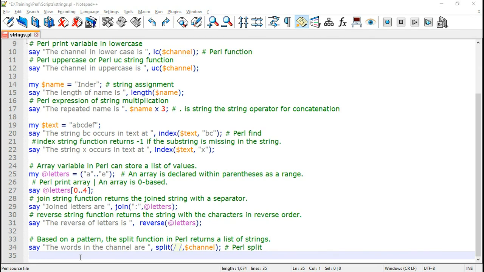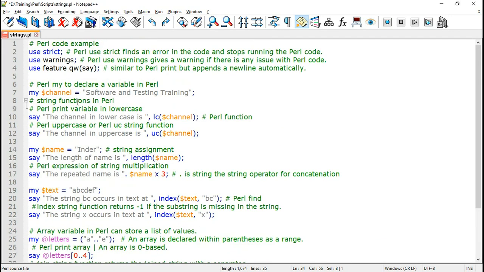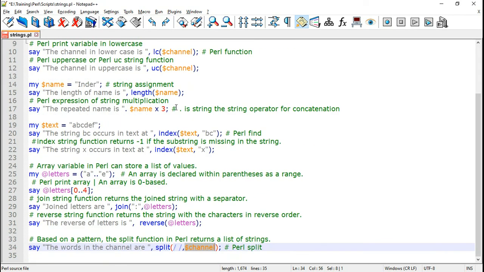The split function is an important string function in Perl. Based on a pattern, the split function in Perl returns a list of strings. Now here the pattern is given within 2 forward slashes, and the pattern is a single space. And what I am trying to do is take the value in the channel variable, which is software and testing training, and split that string.